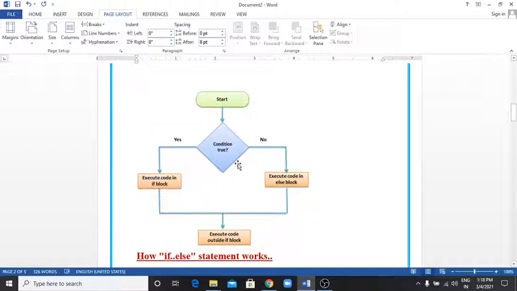When this condition is true, the flow goes from that side, the code in the if block is executed, and then the code outside the if block is executed. And if this condition is false, the code in the else block is executed, and control goes to execute the code outside the if block statement.